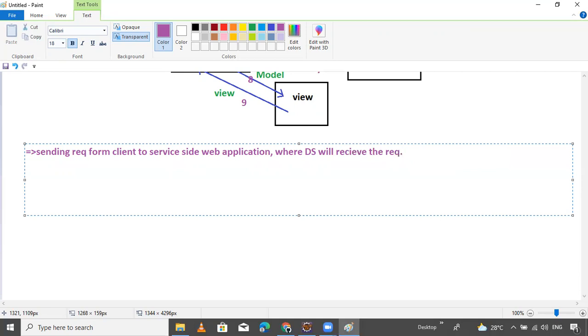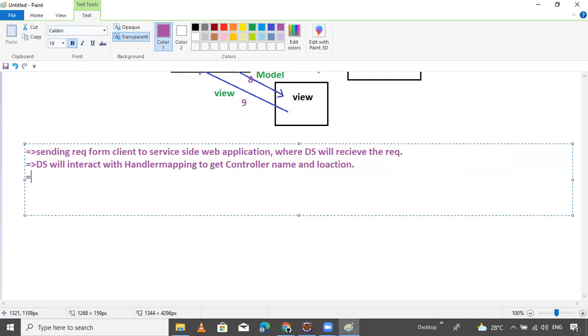Next, the dispatcher servlet will interact with the handler mapping to get the controller class name, the controller name and location.